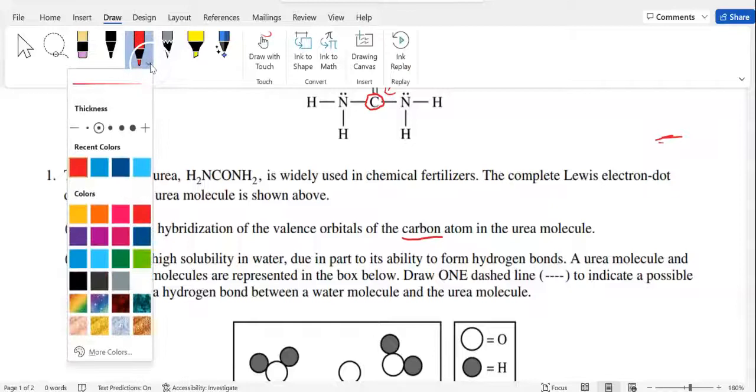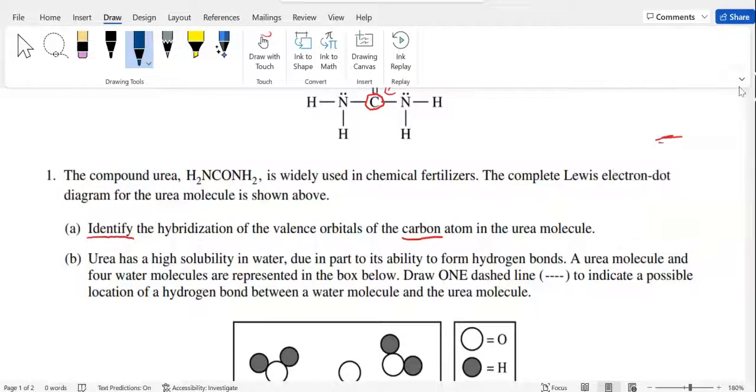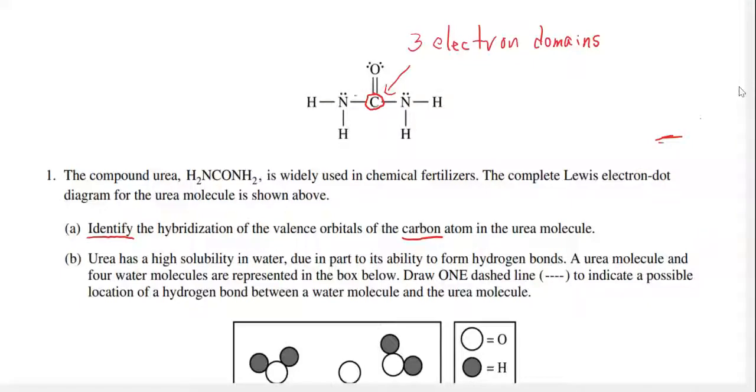Because it has three bonding domains. A double bond counts as 1 bonding domain, which counts as 1 electron domain. So there's 3